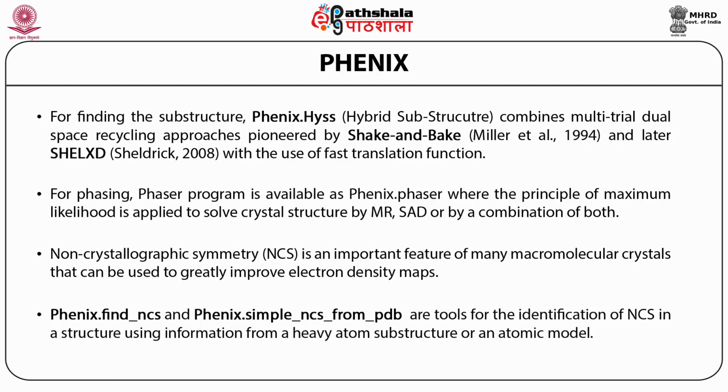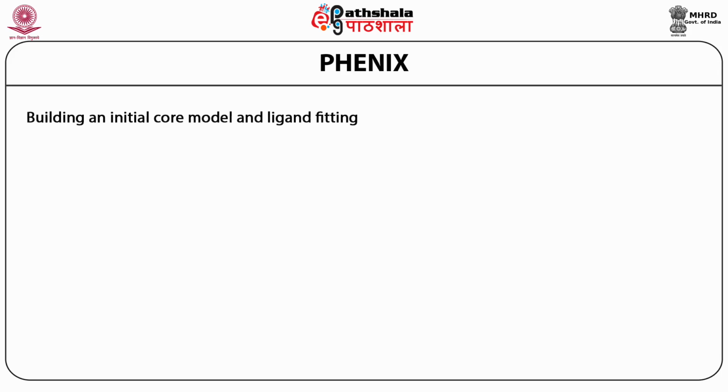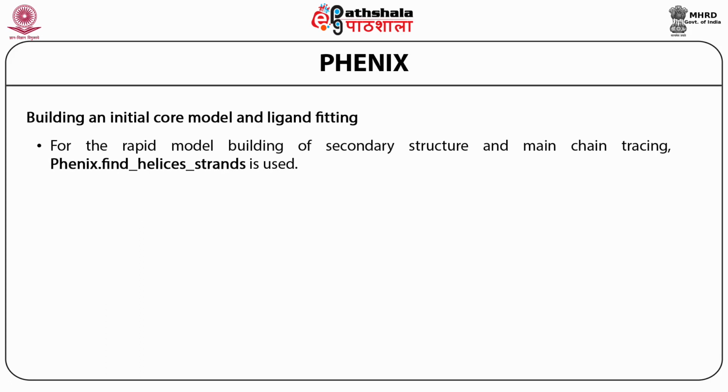PHENIX.find_NCS and PHENIX.simple_NCS_from_PDB are tools for the identification of non-crystallographic symmetry in a structure using information from a heavy atom substructure or an atomic model. For building an initial core model and ligand fitting, for the rapid model building of secondary structure and main chain tracing,